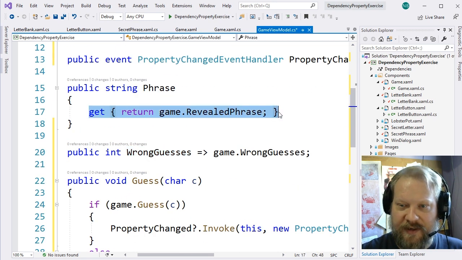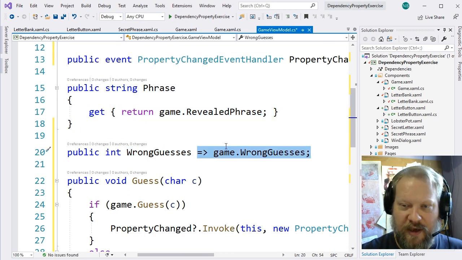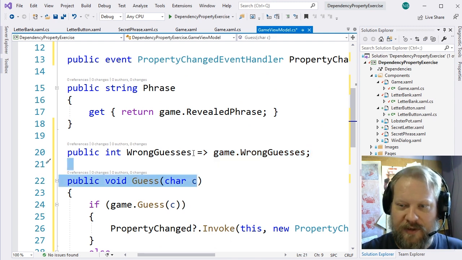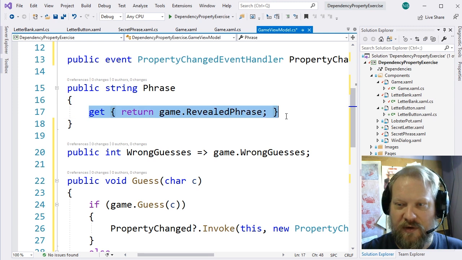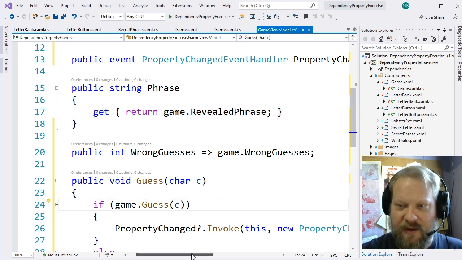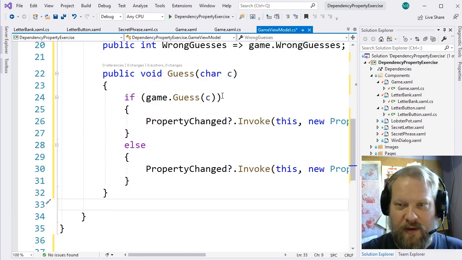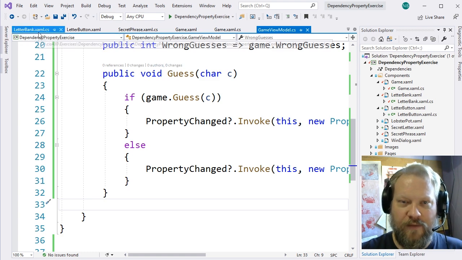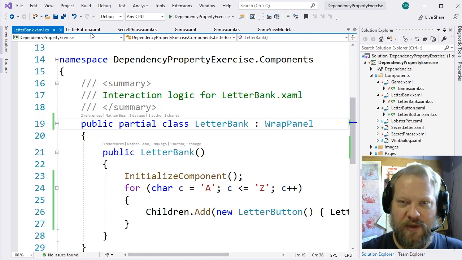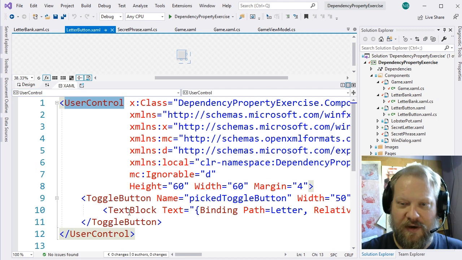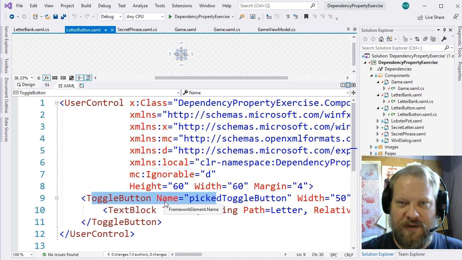This syntax and this syntax are doing the same thing, so you can use either one, whichever is more comfortable to you. This is just kind of a shorthand for saying that you're doing a getter that returns a value. Here we're just saying this is the value that gets returned. Okay, so that hooks up our guess method, and now we need to figure out where we're going to trigger that. And if we're doing Windows Forms, we really wouldn't have much of a choice. It would have to go on this toggle button. We'd actually declare it there. But in this case,